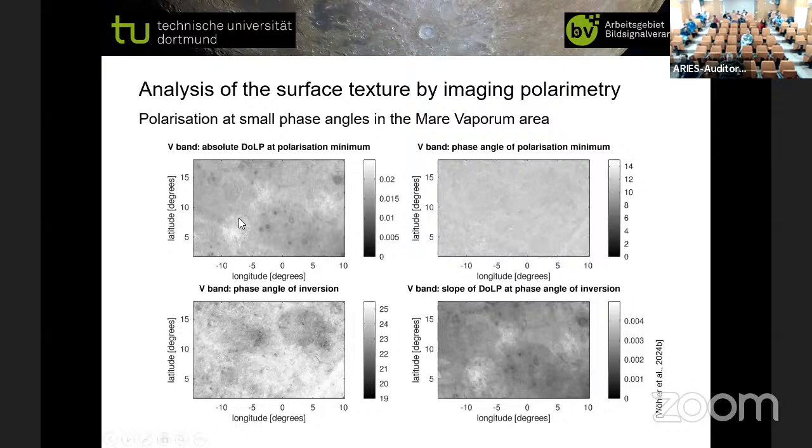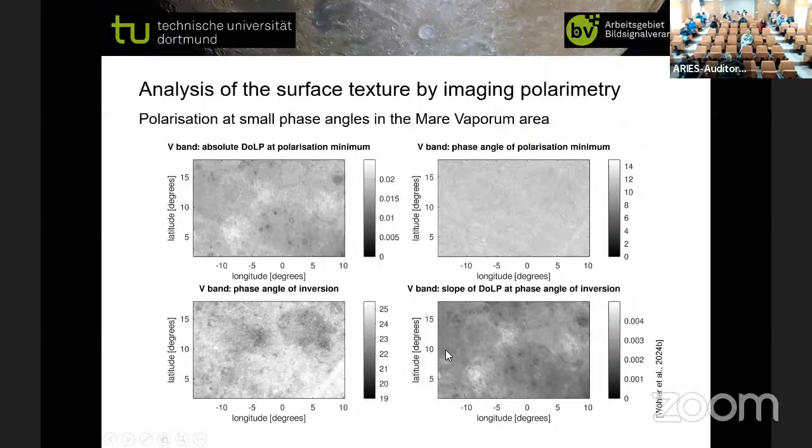These are parameters at small phase angles. For example, the absolute value of the minimum polarization, which is very low, that is just 2%, so that's not really easy to measure. And the phase angle at which the minimum polarization occurs, around 10 degrees. Here, the phase angle of inversion, that is exactly where the polarization degree becomes 0. There seems to be some correlation with